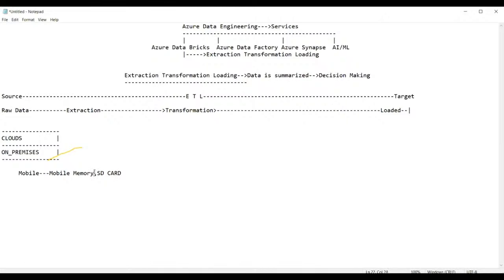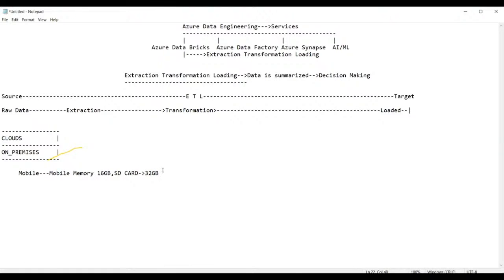Suppose you are getting every mobile with 16 GB of internal storage. That means this 16 GB is the default memory. In your mobile phone, you can store up to 16 GB. Whereas if you require more memory, say 32 GB more, what do we do? We buy an external SD card and put it in the mobile phone, and from that point onwards you can use this 32 GB.